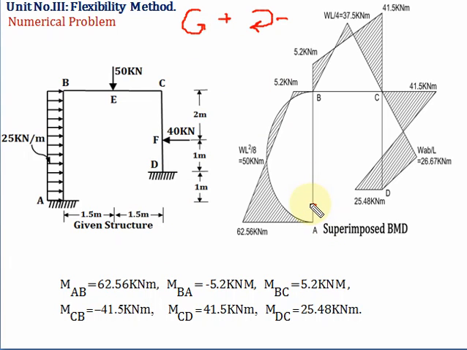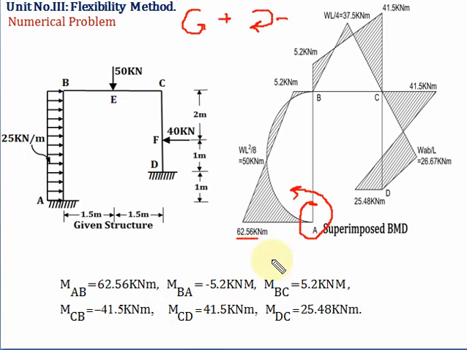So I will keep the plane nearer to support A towards B on line AB, and I will rotate the joint A in anti-clockwise direction, and it should cut the member AB once. So here the value 62.56 is on the left hand side of the support A. So you have to join this by a straight line.